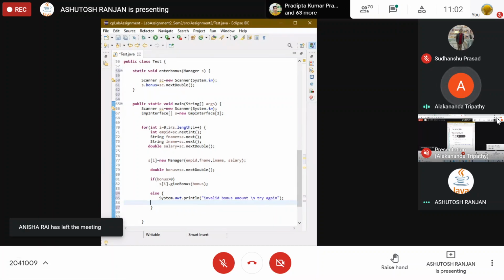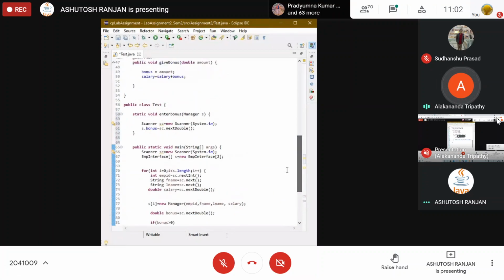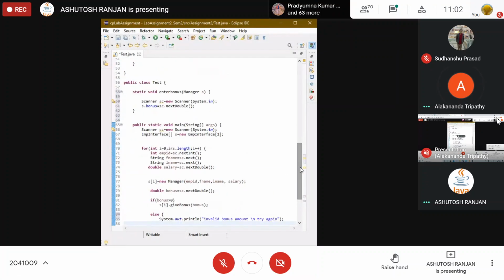स्क्रॉल डाउन करो। यहाँ पर स्टैटिक वॉइड एंटर बोनस, थोड़ा ऊपर जाओ। हाँ, ये जो स्टैटिक वॉइड एंटर बोनस है, मैनेजर एस के लिए हो, स्कैनर हो गया एस डॉट बोनस। ओके, आप नीचे आओ, एस डॉट बोनस, यहाँ पर बोनस इनपुट करे हो ना।